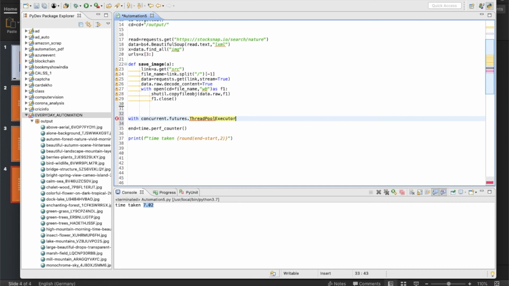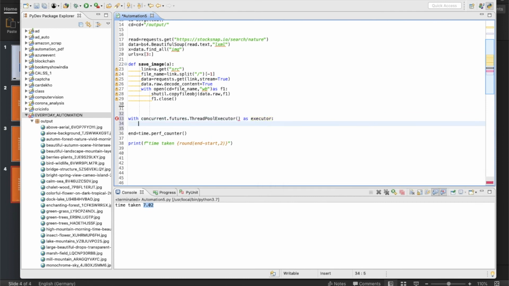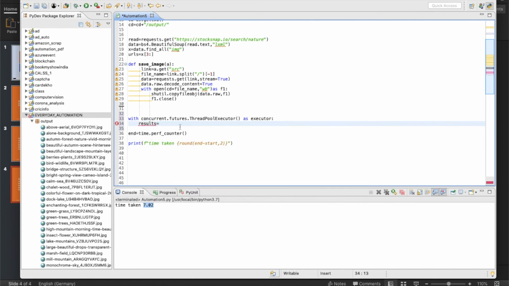Executor. Okay, and the simple thing, you have to write only one thing, executors. And what will happen here now,